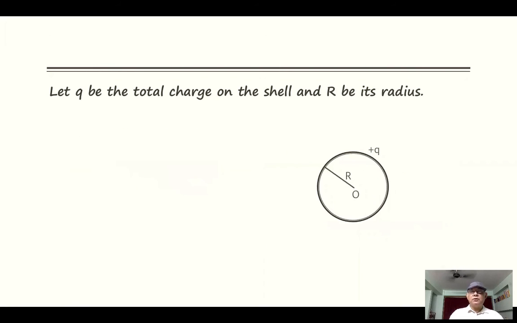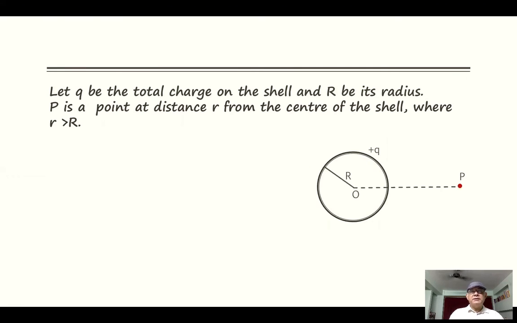Let Q be the total charge on the shell and R be its radius. P is the point at distance r from the center of the shell, where small r is greater than capital R. Small r stands for the distance of the field point P from the center of the shell, whereas capital R stands for the radius of the shell. Gauss's law gives the field outside as